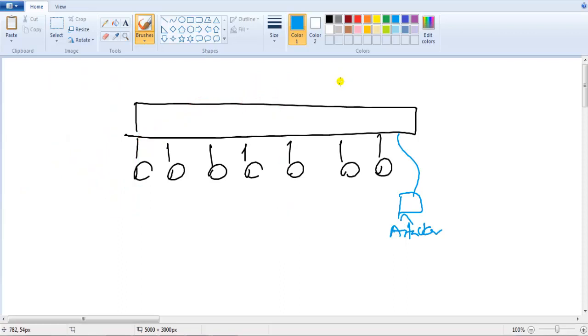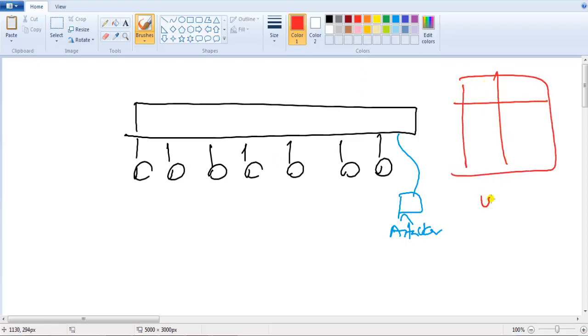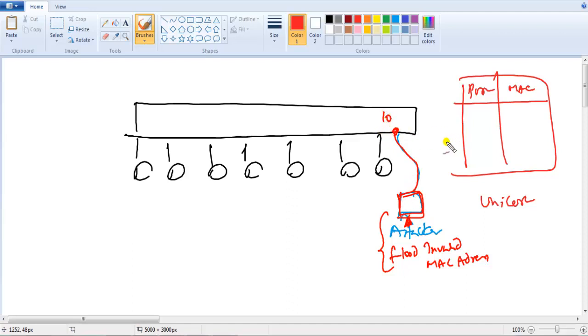This is the default behavior of switches, but switches are intelligent devices which can forward a packet based on unicast, based on the entries in the MAC table. But now what the attacker can do is sit here in the LAN and flood with innumerable invalid MAC addresses. This can be done by running some basic tools. Let's take an example. The attacker is sending innumerable invalid requests on a particular port, let's say port number 10, and every time he's sending a message or a broadcast, he's going to change his MAC address. Like he's going to send XY, XX, XZ, something different in each case.